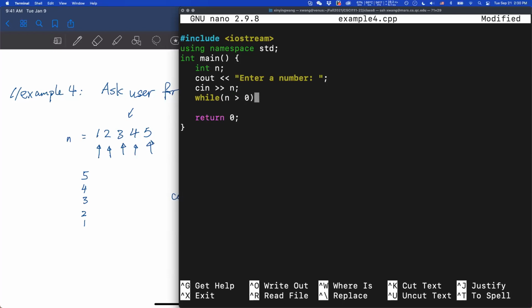So your question will be, is there anything left in your number, which means your number is greater than 0. Then what you will do is print out the last digit. Now, how do we change the counter?